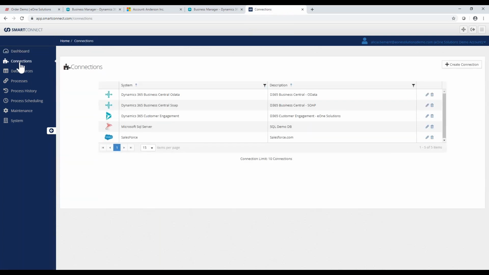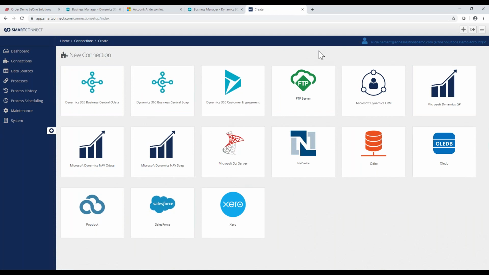If we go down the left-hand side, underneath the Connections tab, we can see all the different connections that we've built out, okay? If we want to build a new connection, we just go ahead, click on that Create Connection, and we're able to add in different connectors for us, okay? Underneath our data sources, we have those options to be able to do a bulk data source, right? Maybe bring in all that data at one time. We can also have change triggers. Once again, as I mentioned earlier, just taking a look at that data that's only changed from one system to